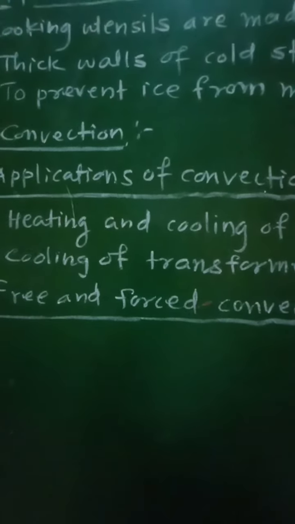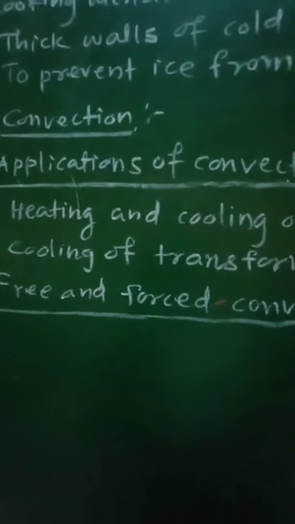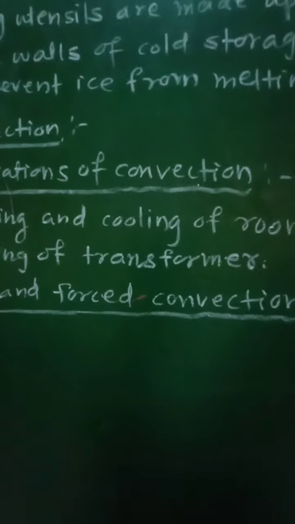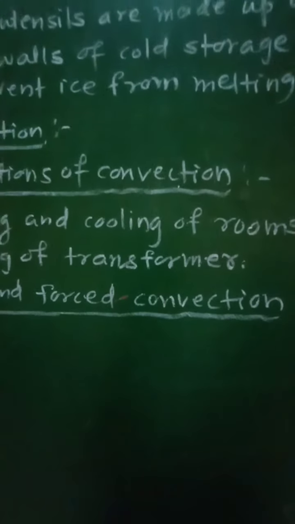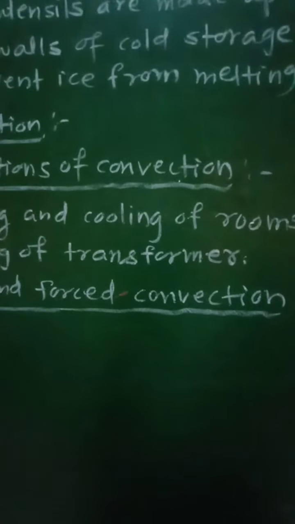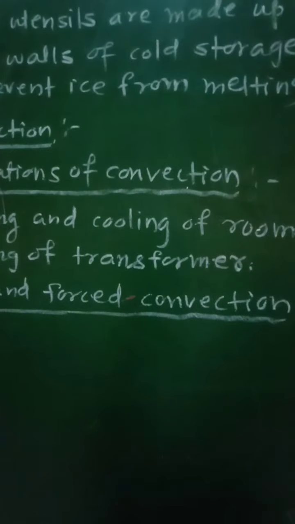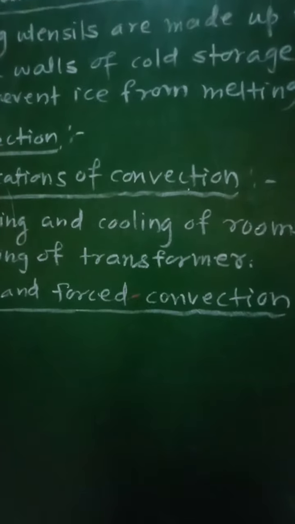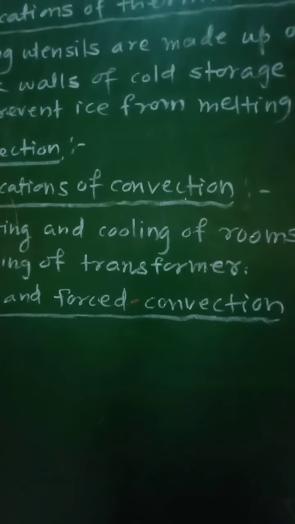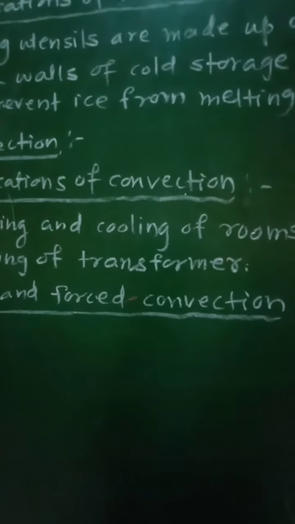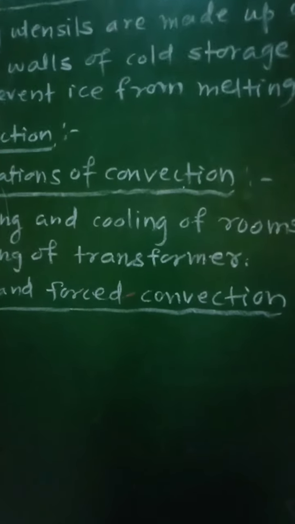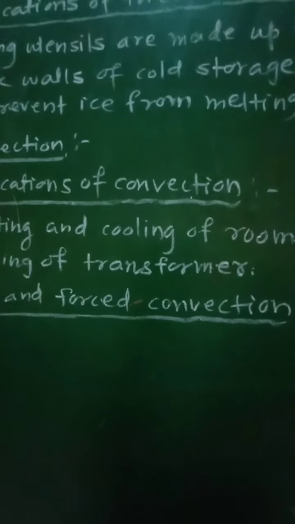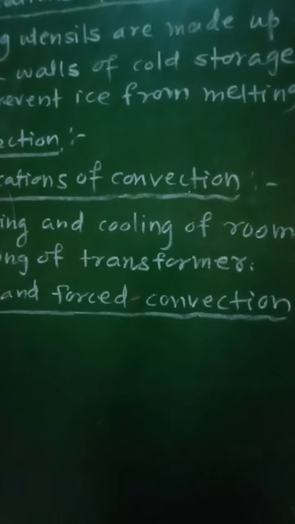by the air conditioner. So in case of the heating process of that room, the air molecules which are in contact with the heater will get heated first, so that they will become lighter, they will move up, and their place will be taken by the other cool air. Again that cool air will get heated, it will move up, and again its place will be taken by the cool air. So in this way the convectional currents will be produced within the room, and then that room will